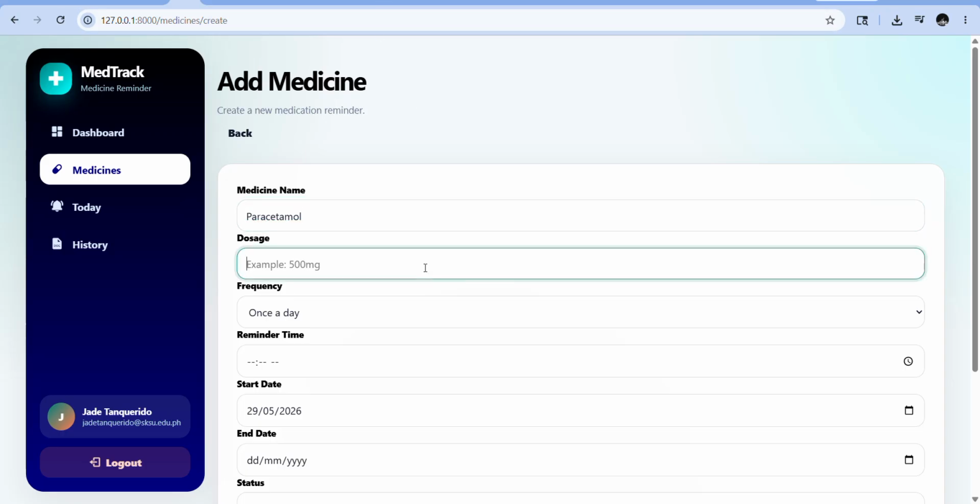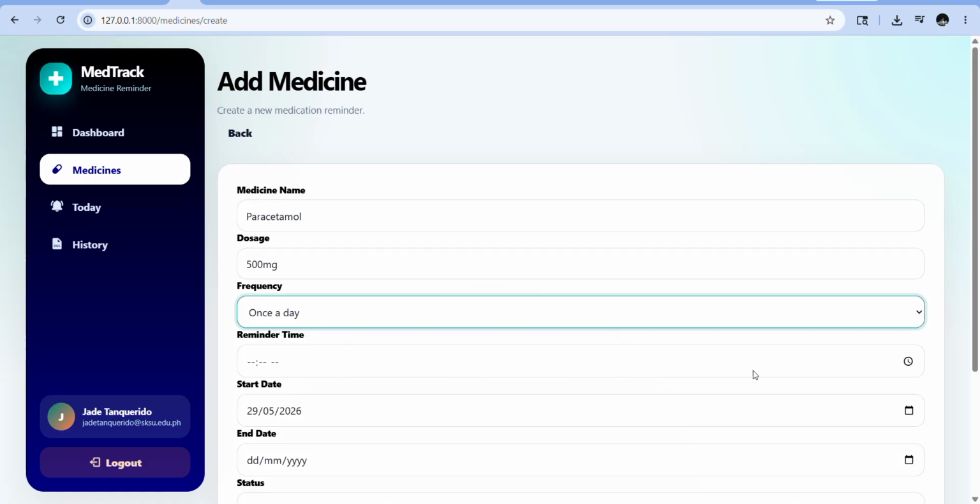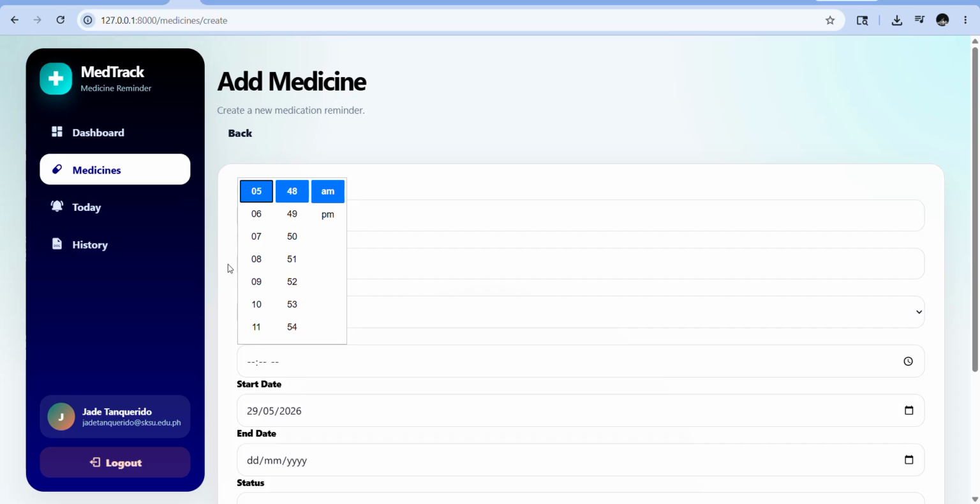Set the dosage to 500 mg. Frequency is once a day. Reminder time is set to 7:30 in the morning.